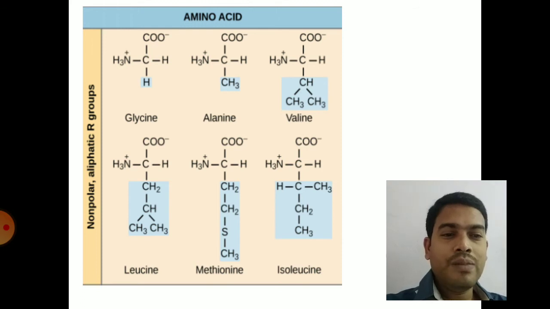Glycine also plays an important role in the process of neurotransmission modulation. That we will see in the upcoming slides. Glycine, when combined with succinyl CoA, will give delta aminolevulinic acid, which is a precursor for the synthesis of heme. So that is some of the functions of glycine and its biological importance.